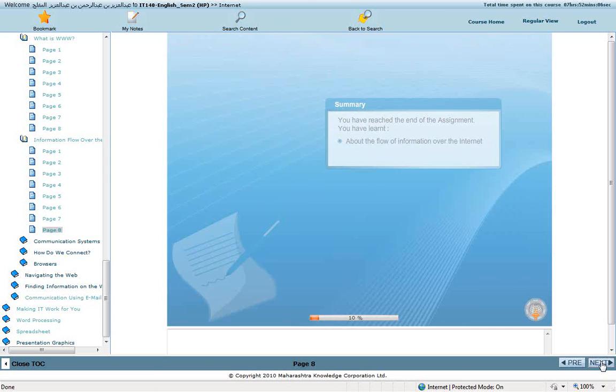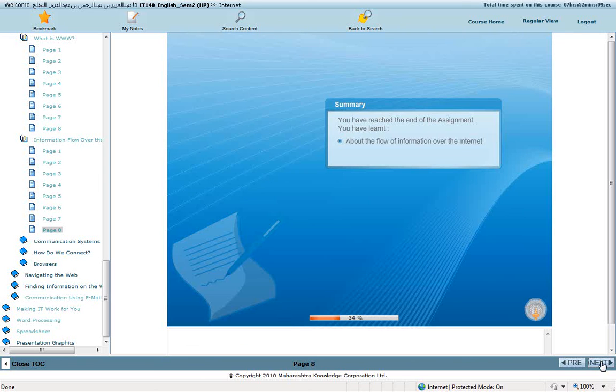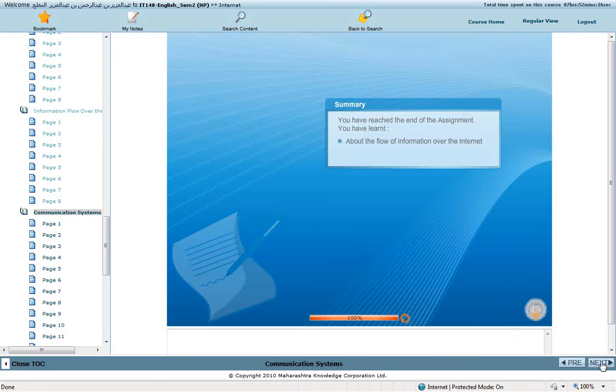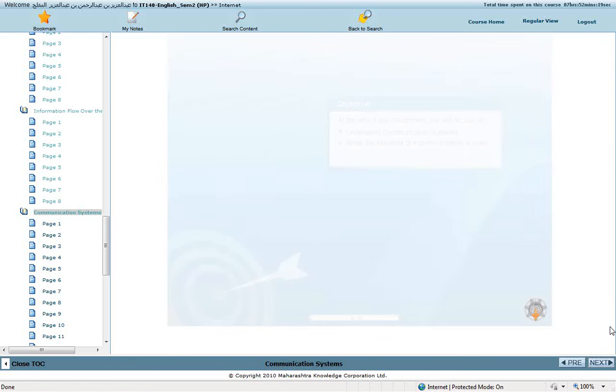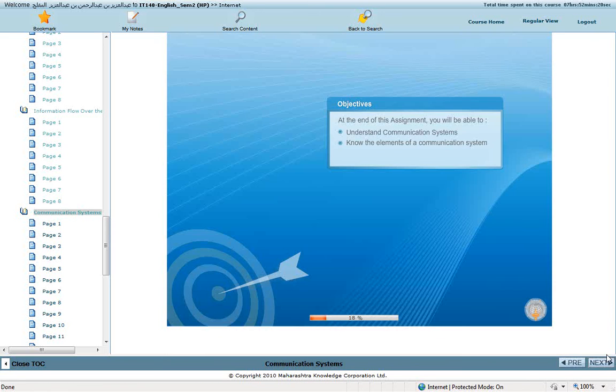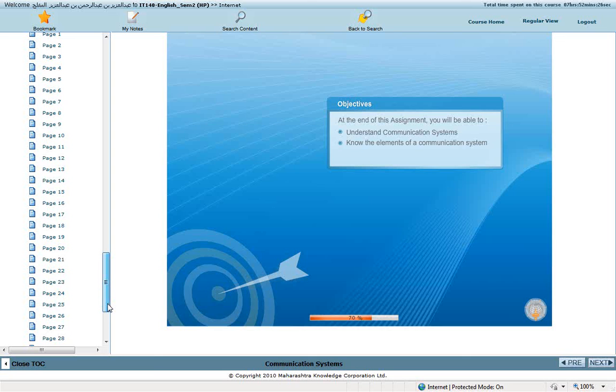Summary. You have reached the end of the assignment. You have learned about the flow of information over the Internet. Objectives. At the end of this assignment, you will be able to understand communication systems, know the elements of a communication system,